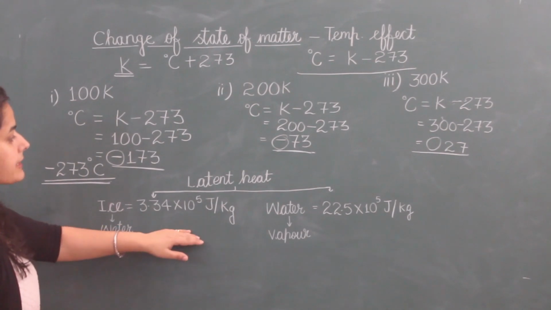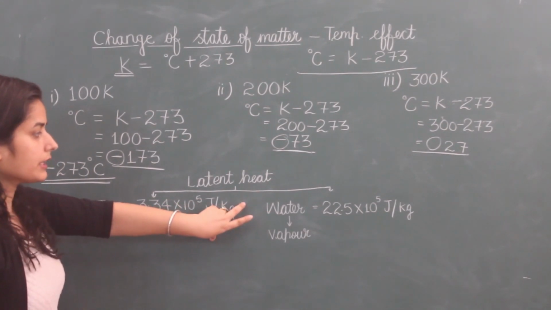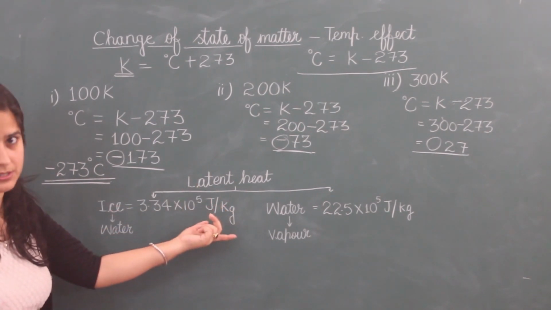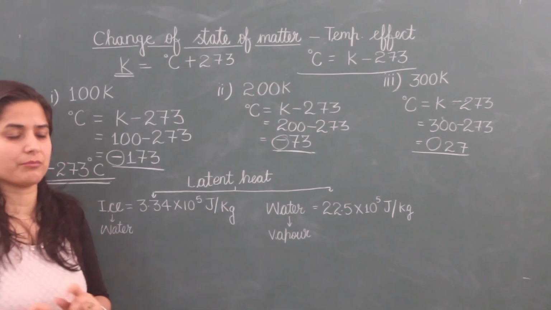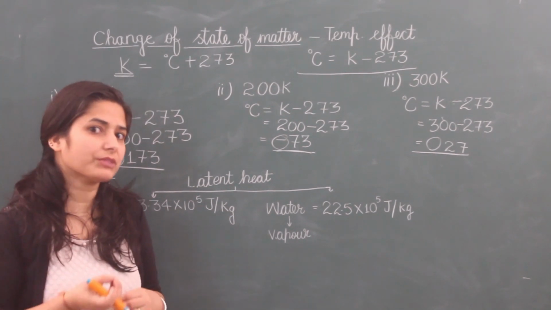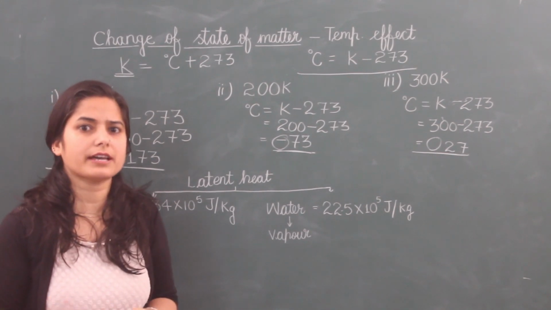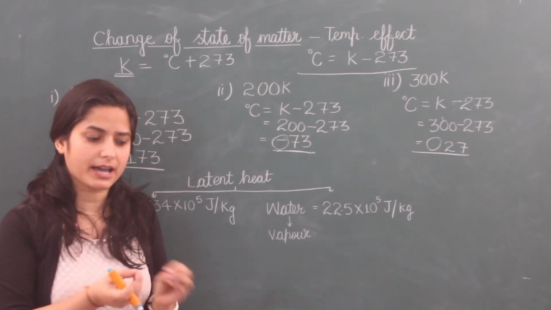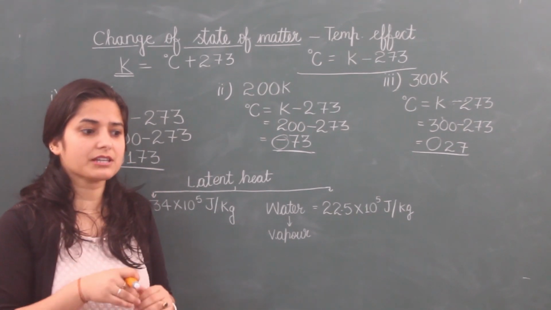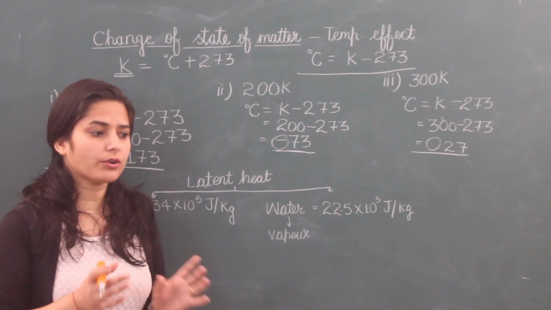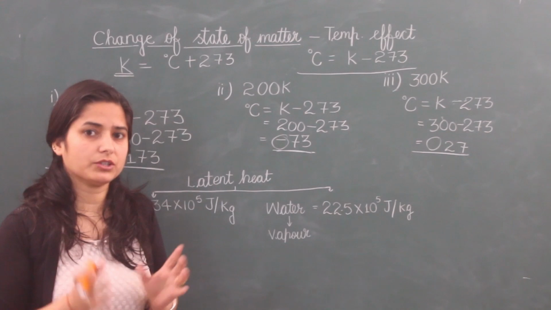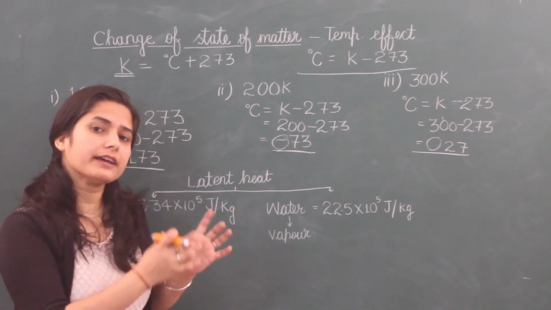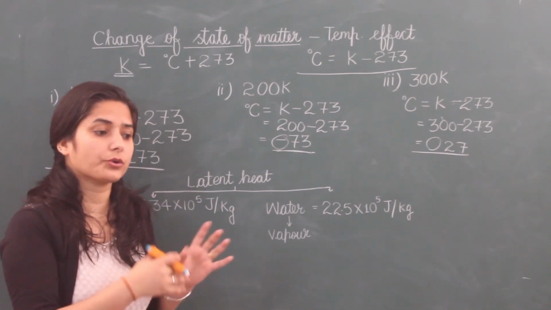Now this is over. Next was latent heat. Latent heat, I told you, is hidden heat and its value remains fixed. Temperature does not change on it. So I am just taking one example. If I give you something to eat like toffees, chocolates, ice cream, and you eat that, nobody can see that you have ice cream. But after some time when you don't want to eat more, then what happens? You want to collect that. I will give you, you will collect it. And then only that ice cream will be shown to others.